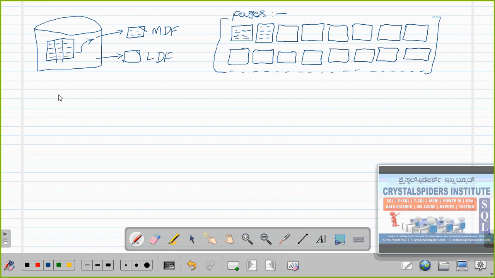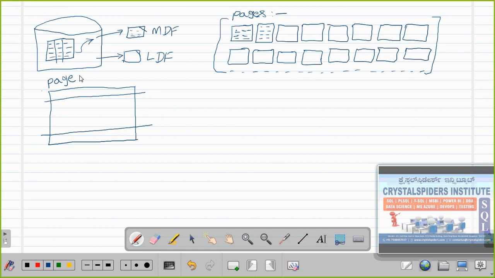And now how does one page look, sir? How do we really understand a page? Let's say this is one page, and this page has 3 parts, guys. I am going to divide this page into 3 parts. This is one part, the top one, and the bottom is another part. Total 3 parts. This is one page.